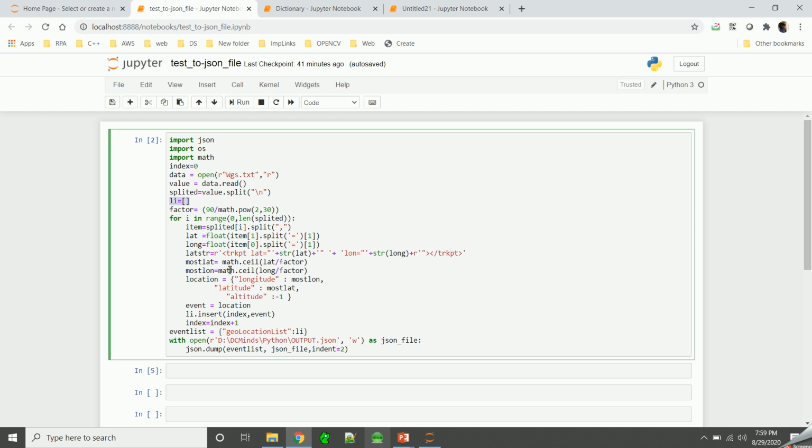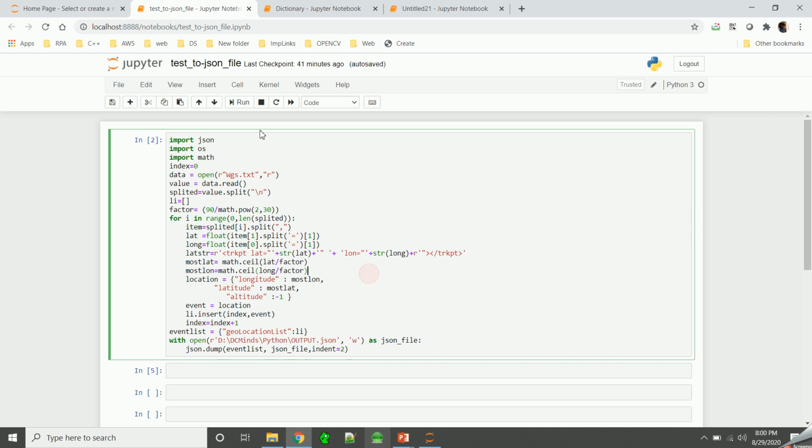In this list I am inserting all those dictionaries, and then from this list I am creating a dictionary. So basically here there is only one key and only one value, which is a list, and this list in turn is a list of dictionaries. Okay, so here I had to use a dictionary because JSON requires the input as a dictionary element or object. Okay, so this is one use case.